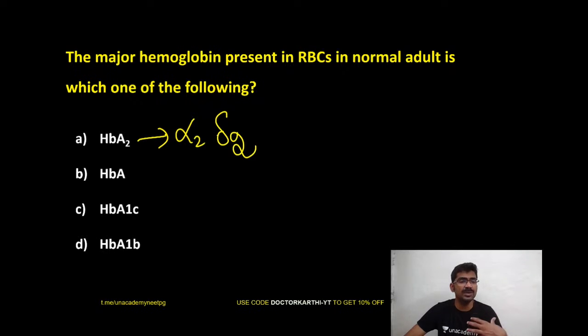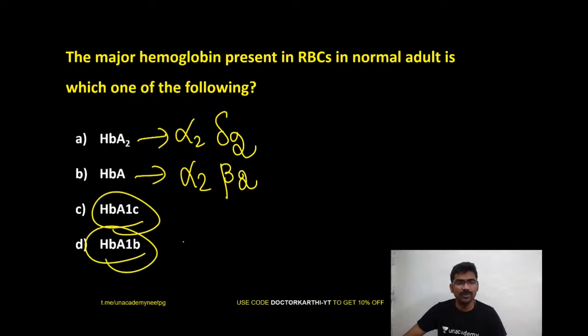So that is your HbA2. What is HbA? HbA means alpha 2 beta 2. A1C and A1B are glycosylated hemoglobin, which are subtypes of HbA. So these are all glycosylated